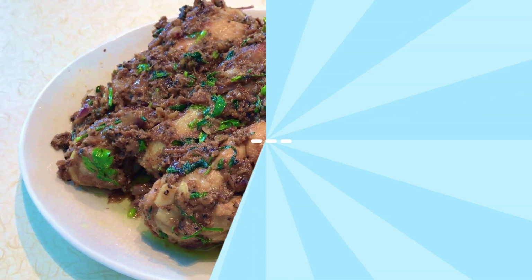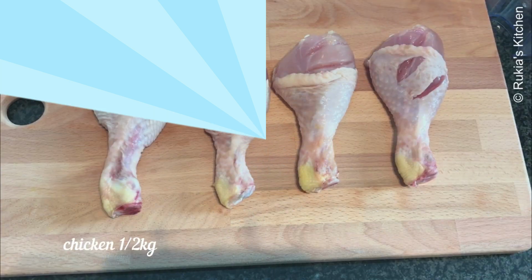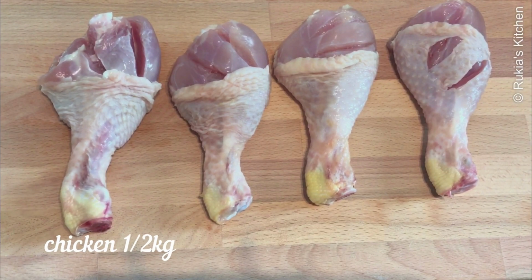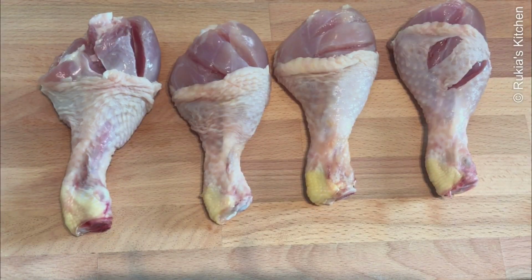black pepper chicken. In our fourth recipe, we're going to make KFC chicken the easiest way. For this recipe, you will need half a kg of chicken thigh or any other part of the chicken. Slightly cut the chicken on both sides as you can see in the video so that the spices can get